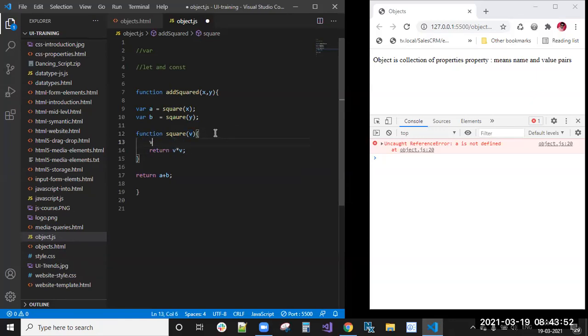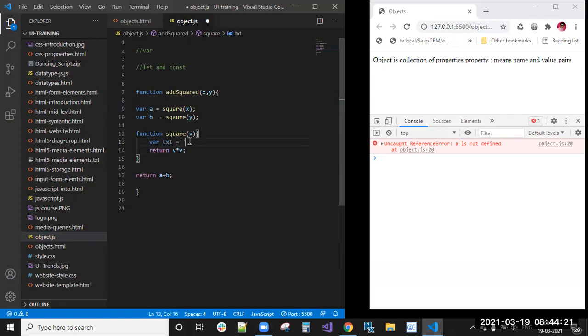Here, if you have created any variable, okay, you have created some variable, like txt equal to some text.